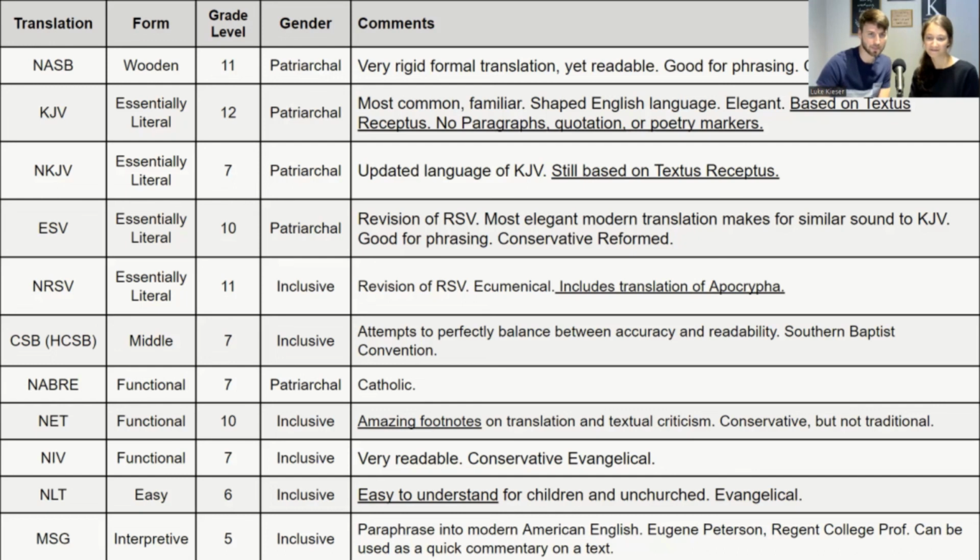Good to know. Yep. And then we saw the NLT is written for a 6th grade reading level and is just very easy to understand. Okay. If you need a starting point into the Bible. All right. Awesome. Well, this has been so enlightening just to know why there are different translations and to not have evil intentions towards the translators and just to trust the word of God, because how amazing is it that he's preserved it from the time of Moses and Adam, all the way so we can read it now.